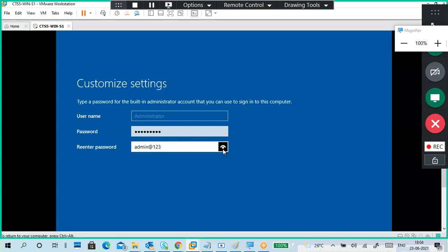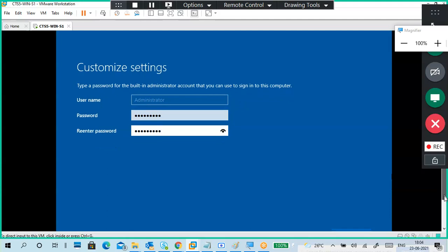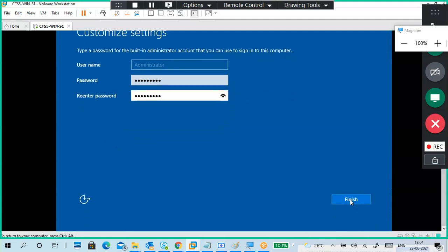Give admin@123 or Vedic@123 only at present. Later, if you are doing it on your own, you can give strong passwords. You can suffer, no problem. But in my class, when you get a problem, I will suffer, not only you. Okay, so I'm giving the username and password. Finish.